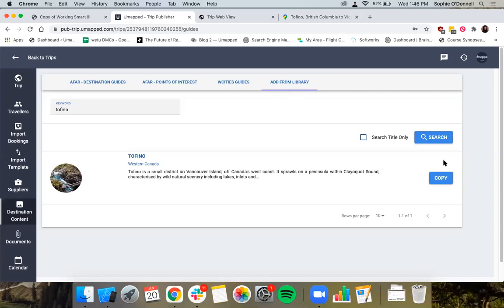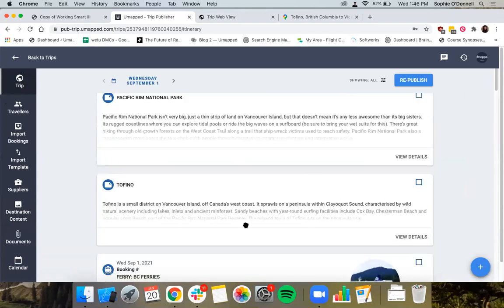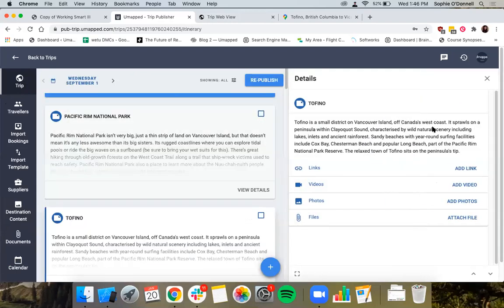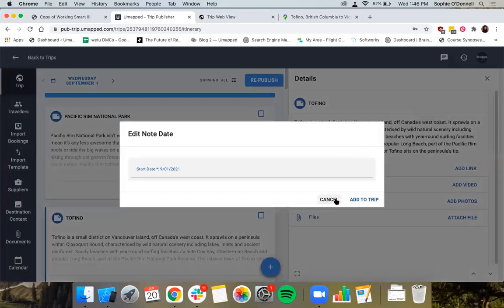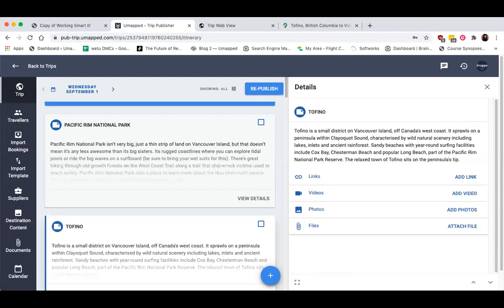But at the moment, it's going to automatically go to the top of your trip. You'll see we did this before. So I'll go to trip. It's going to be right up here at the top, and then you would have to click view details and click on the calendar icon to choose a new date. So might be a little cumbersome. Good to know if anyone has thoughts on that. Okay, let's see what other questions there are.